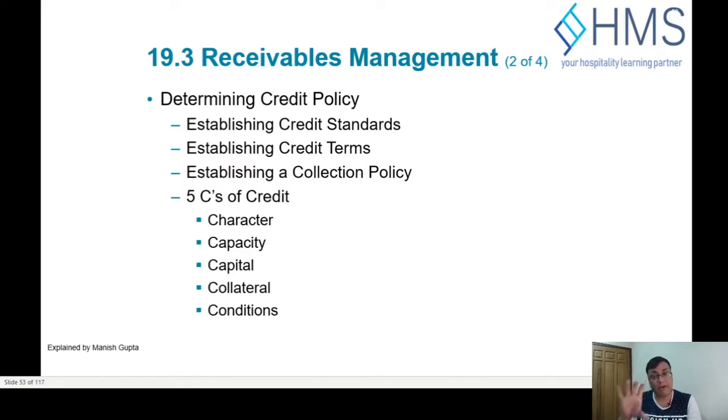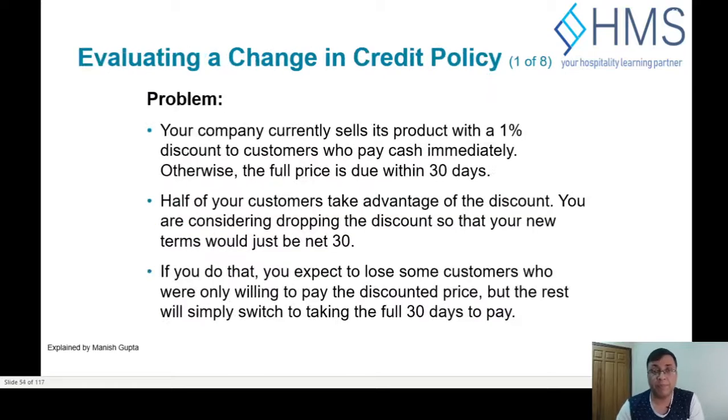So these are the 5 C's that must be part of your credit policy. Who, what is their capacity? How will you judge it? What are the capital requirements for it? Do you require any collateral? And what are the conditions of this credit? Can you sue? Will you be charging any interest for delayed payments? And so forth. So this is how you manage the credit policy. So how do we